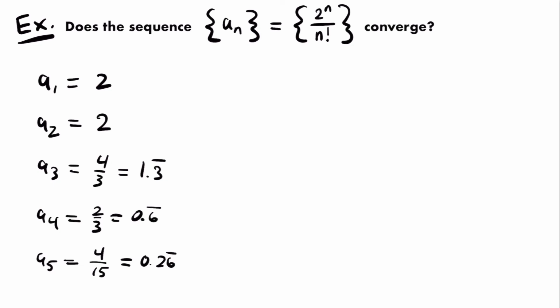All right, and so now can you conclude that these terms are either increasing or decreasing? Well, after the first 2 terms, which are exactly the same, they're both 2, our terms look like they're decreasing. We have 2, then 1.3 repeating, that's less than 2, then 0.6 repeating, that's less than 1.3 repeating, and then 0.26 repeating, which is less than 0.6 repeating. And so each subsequent term after the first 2 terms is getting smaller. And so even though these first 2 terms are the same, this still lines up with the definition of being